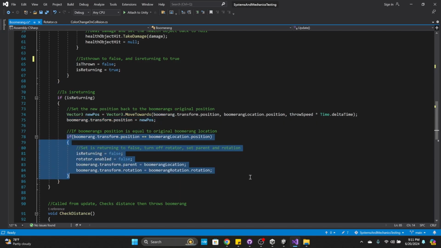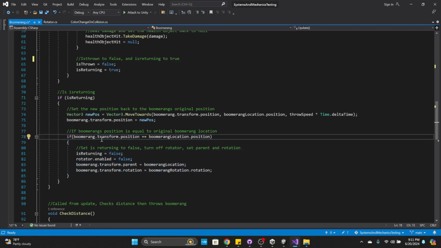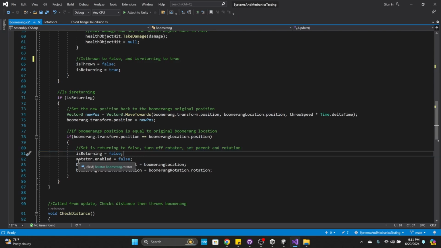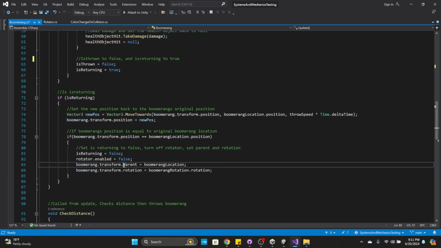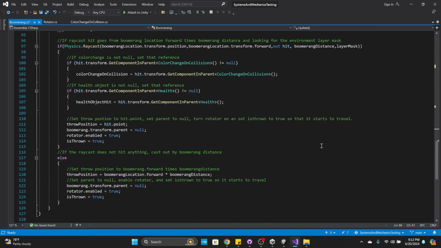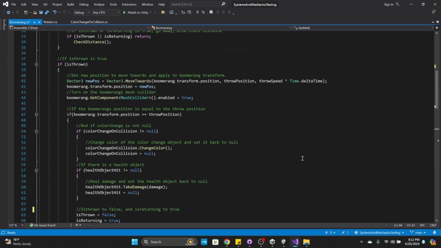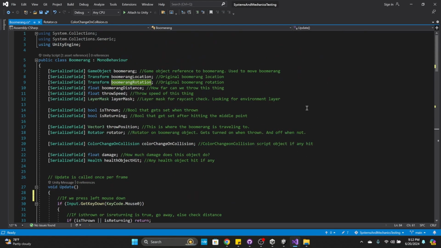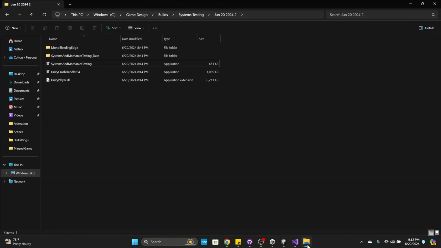Now, if the boomerang is back at the boomerang location position, the original position, is returning is false, the rotator enabled is false, and the transform parent is set to the boomerang location, and the rotation is set to the original rotation. So that seems like a mouthful. That's the whole code to get this thing to work,